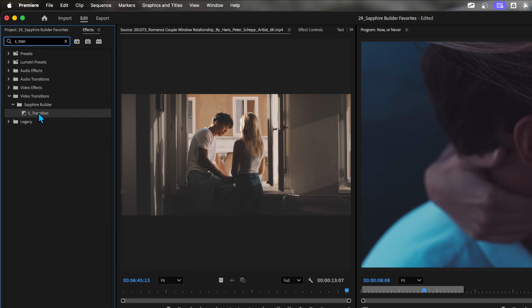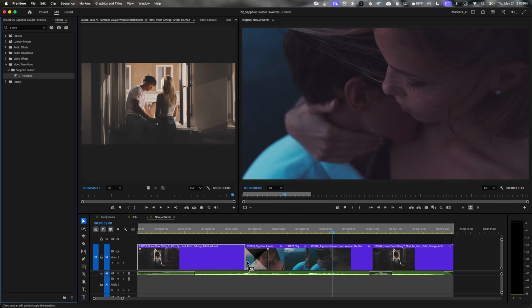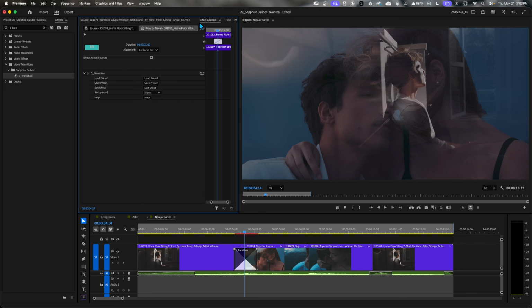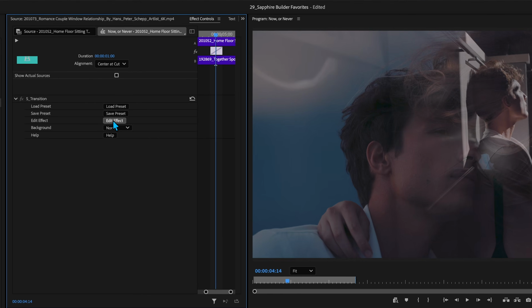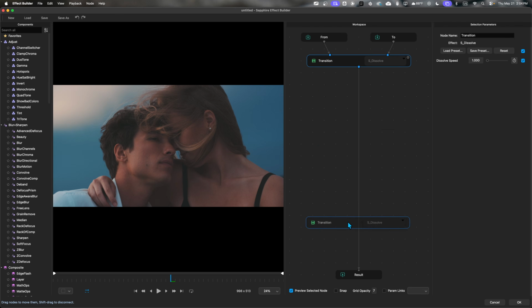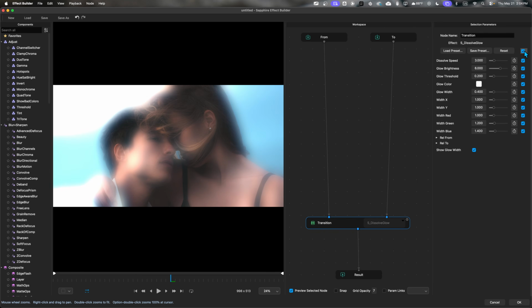Under Effects, we're going to grab S Transition and begin right here. Up in Effects Controls, go to Edit Effect. The first thing that I want to do is add a glow dissolve right here. Up here, I'm going to make sure that the glow brightness is kept, maybe glow threshold, maybe glow color if